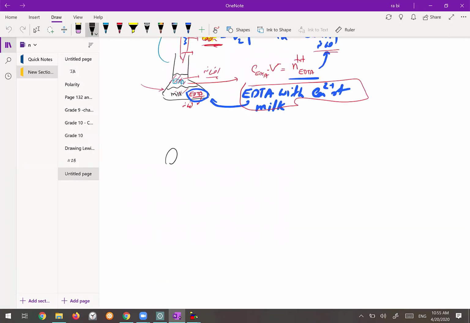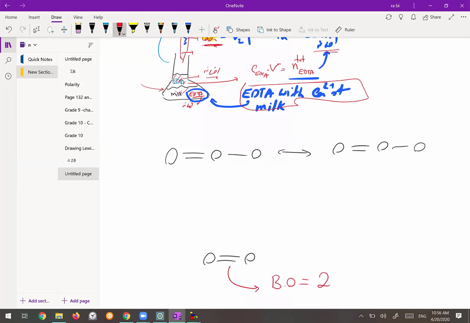Okay, so for O3, you have 2 resonance structures. For O2, you just have 1. So what is the bond order here in the oxygen molecule? Bond order is 2. What is the bond order here? 1.5. Okay, so if you want to compare the bond between the oxygen and oxygen in ozone with oxygen,